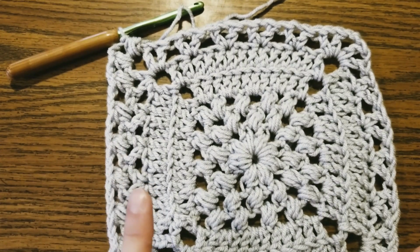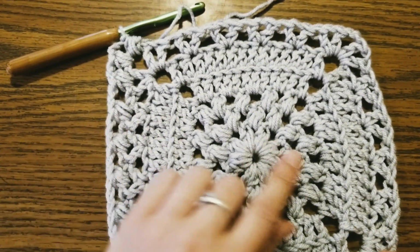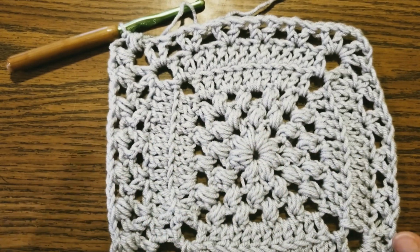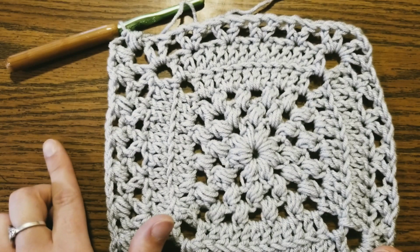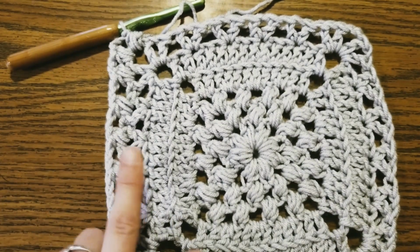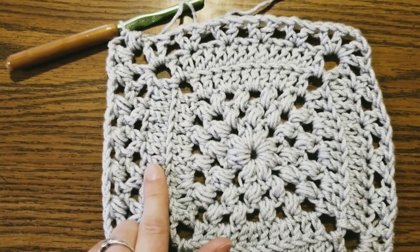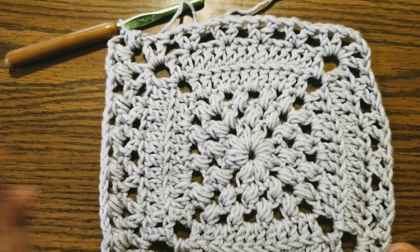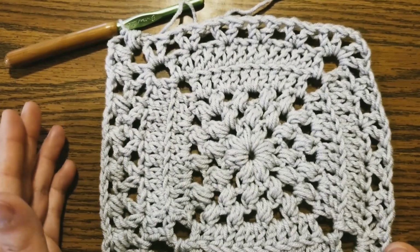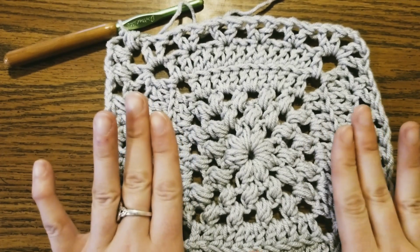And then what you're going to do is, this one had 3 rounds of bean stitches. So you're going to repeat that again. You have 1, and then you're going to work 3 rounds of bean stitches, and then you're going to work another round of solid double crochets and another round of back loop double crochets, and then another round of V stitches, and you're going to continue that process until you have